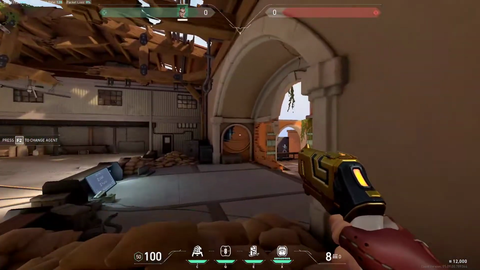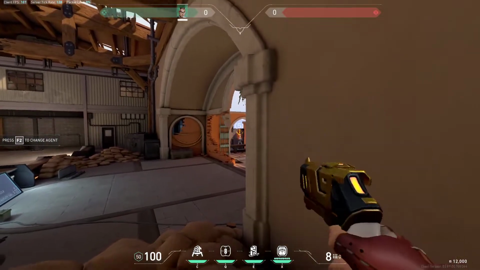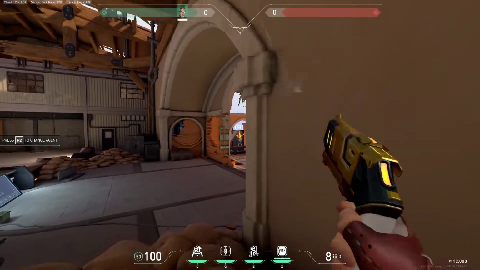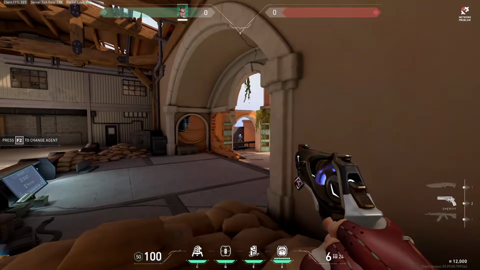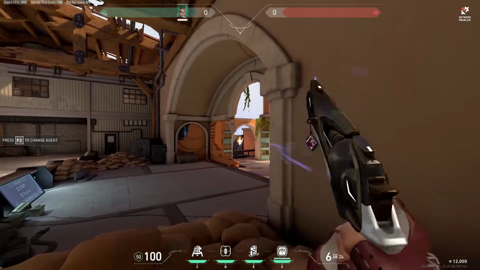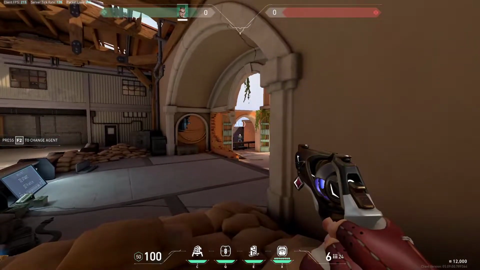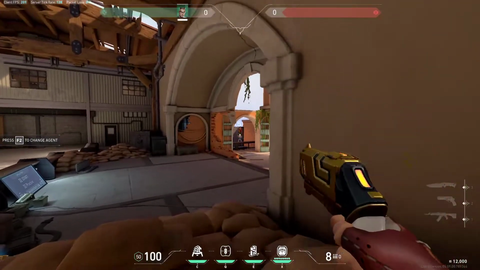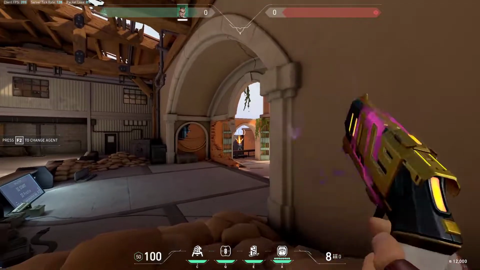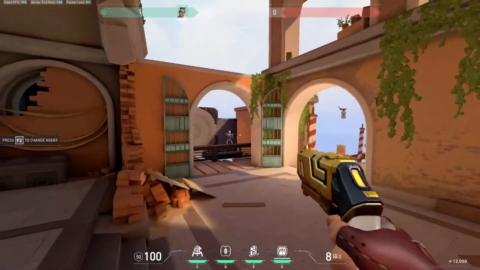It's more accurate than the base Sheriff. It's very difficult to miss with this thing. And it also has a faster hit recovery. So if I whip out the Sheriff and I shoot at the same tempo, you'll see that the Sheriff starts to miss more, but with Chamber's gun you can actually shoot a bit faster and you're more likely to actually hit your shots more often, because the actual spray recovers a little bit faster